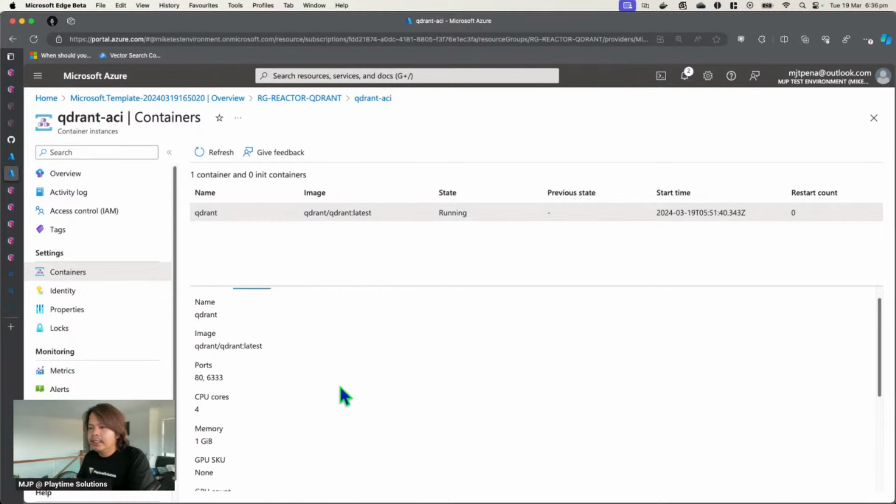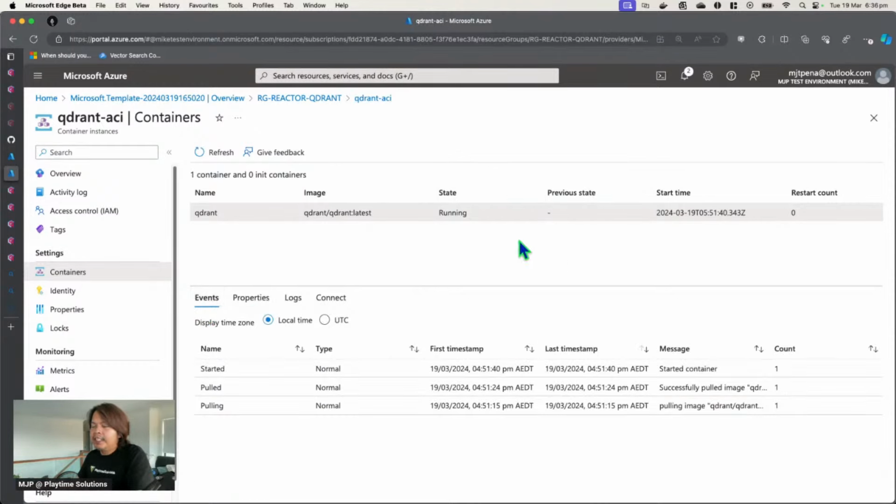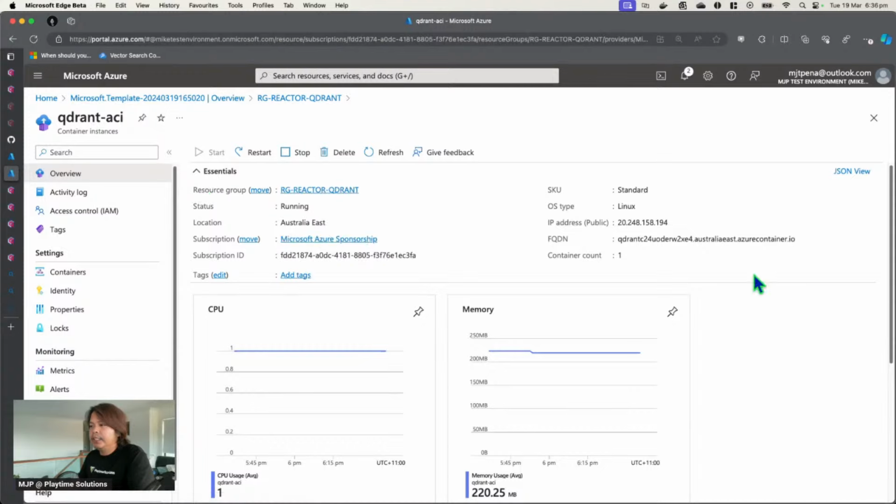From there, you can see that it's just the public Qdrant image that I mentioned earlier. So it literally just pulled that Docker image, but instead of running it locally, it's now running on Azure through container instances. If you go through this route, you just go to the overview and you can assign an FQDN, or you can reference the public IP address. So if you copy the FQDN, fully qualified domain name,